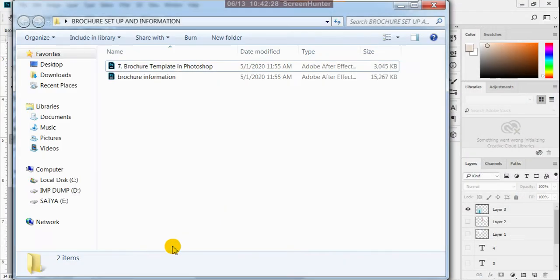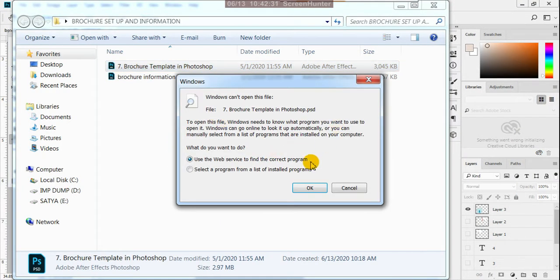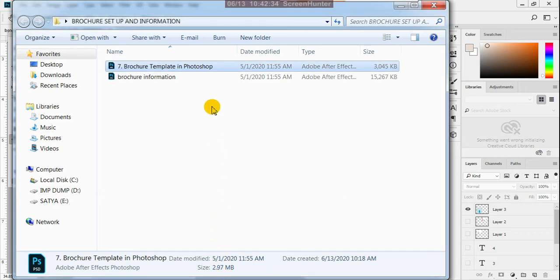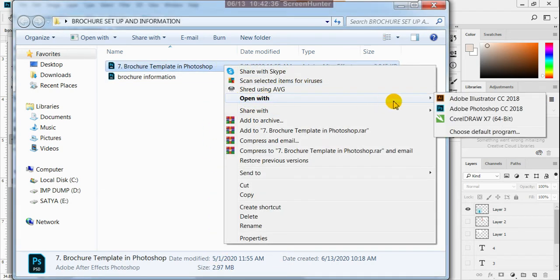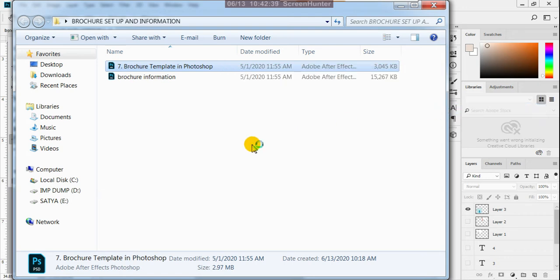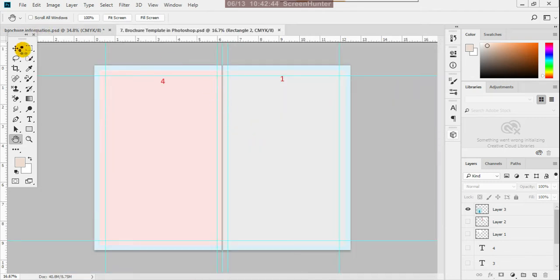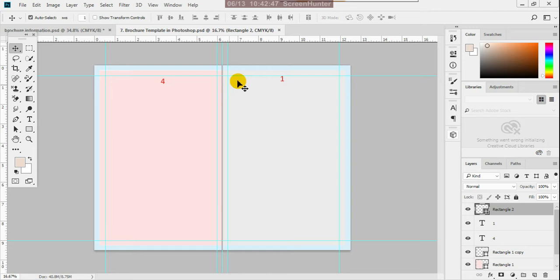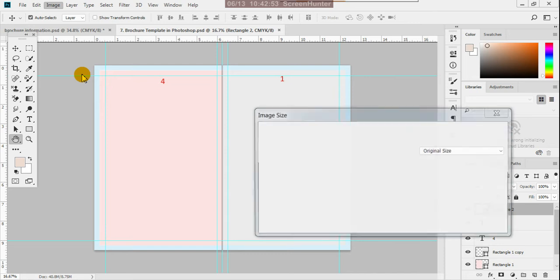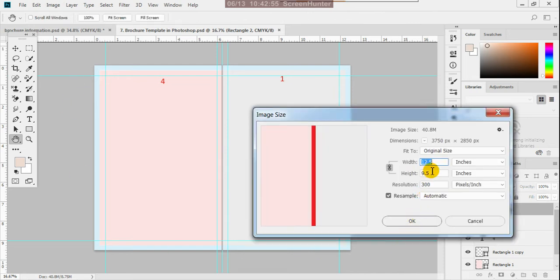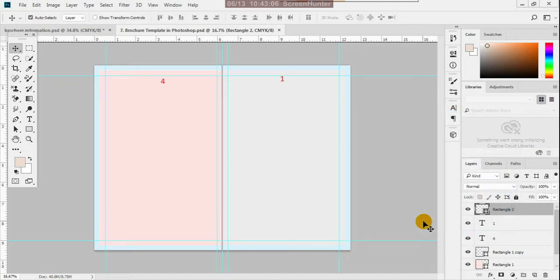Okay, and suppose here we are using the brochure templates. So how to use that? Suppose we have to take the measurements. Here my brochure size is 12 by 9 inches, the brochure I'm preparing.